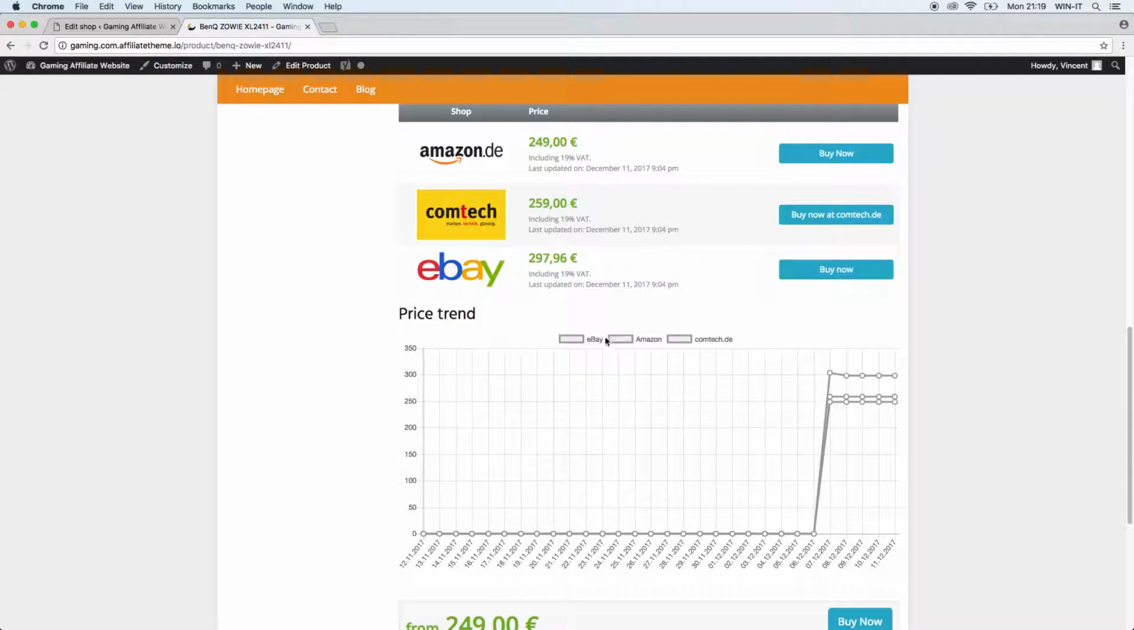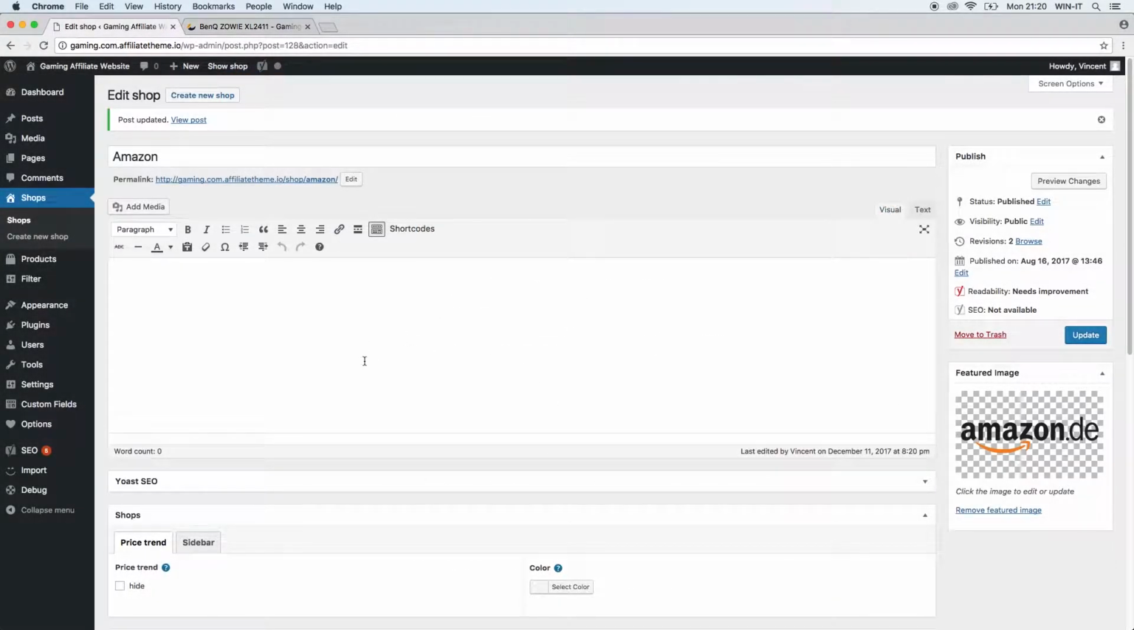Right now you can see everything is still gray, and we cannot properly distinguish the lines. Of course, here it says eBay if you hover over it, but we want it to have the corresponding colors that match the shop. So now we're back in our Amazon shop